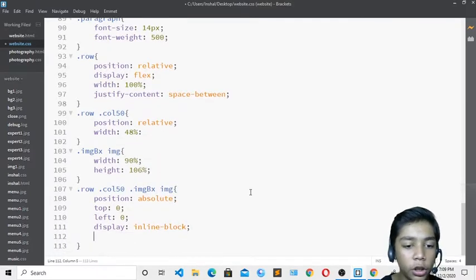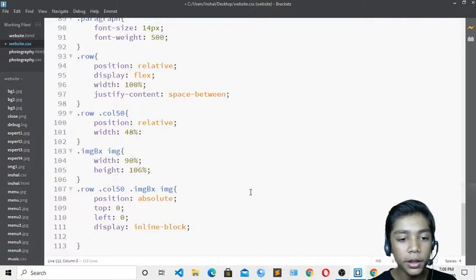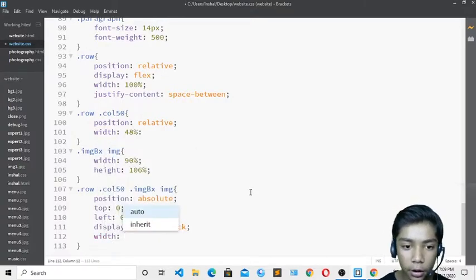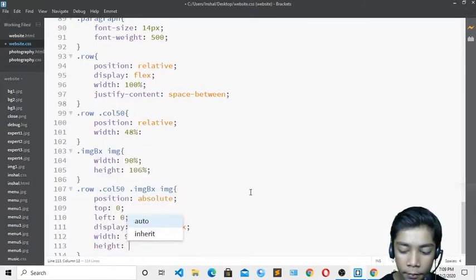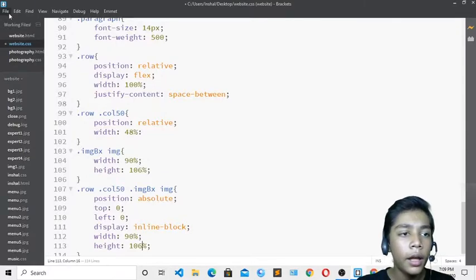Now it is enough, and I will define again width, which should be 90%, and height 100%. Okay, 106 I will just do, and now I will save.